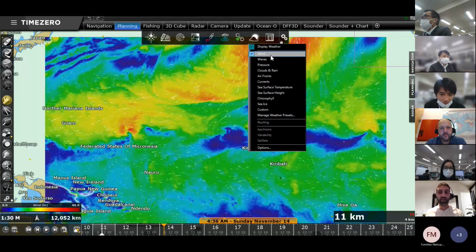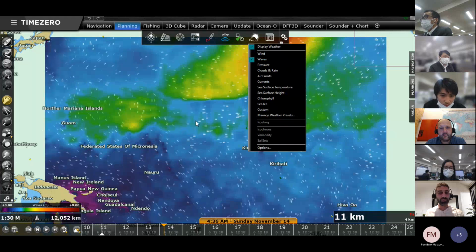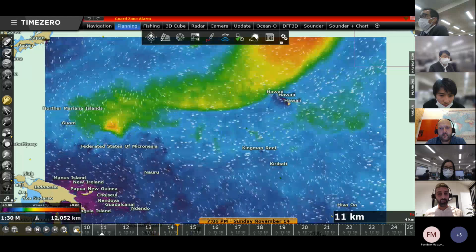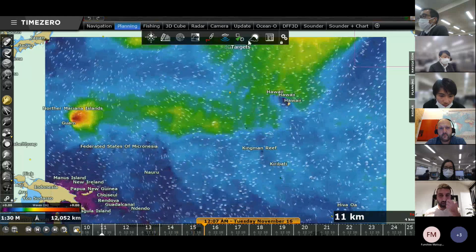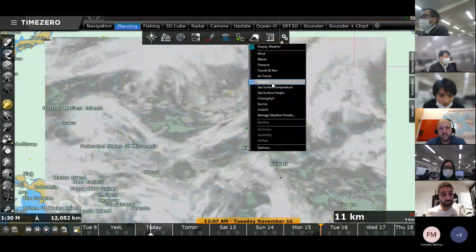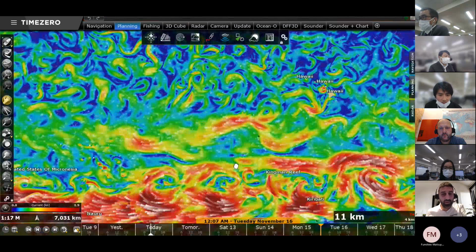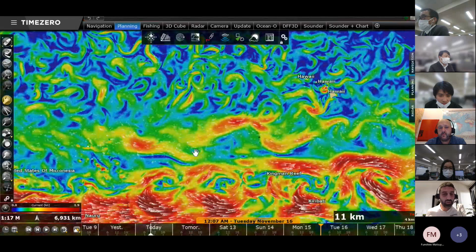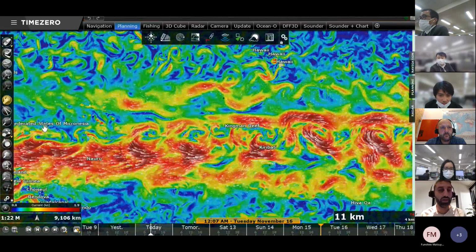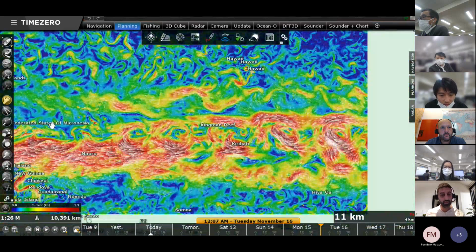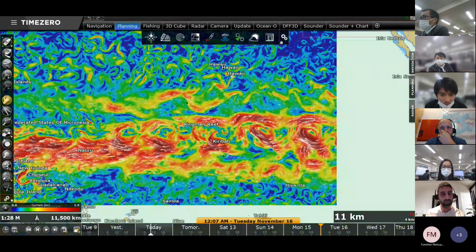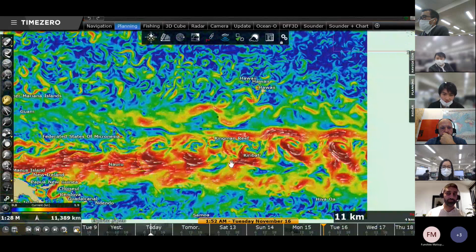And I have different type of data, wind, wave. So this is wave information. You see it looks really nice. And again, you can play with a forecast. You have pressure, cloud and rain, currents. Currents also looks really nice. You can have the information about the current trend in the area you go fishing. So this is very interesting when you plan a fishing trip. And again, you can play that data and see how the weather condition will evolve in time. So this is for the weather.